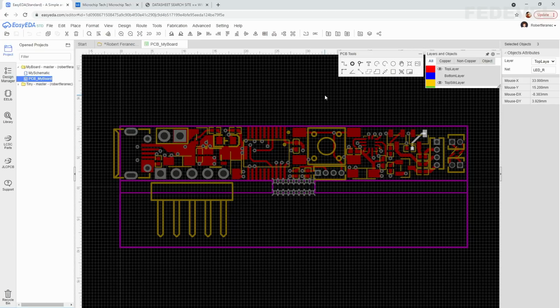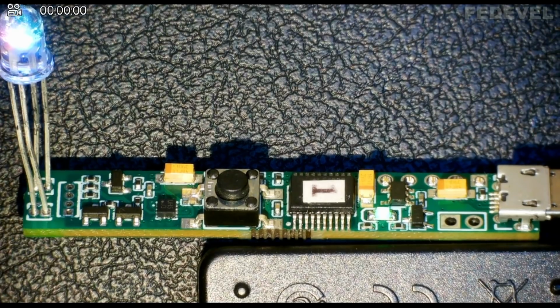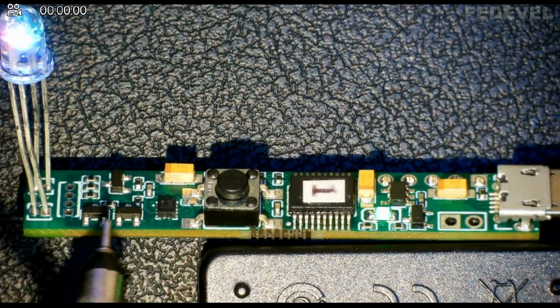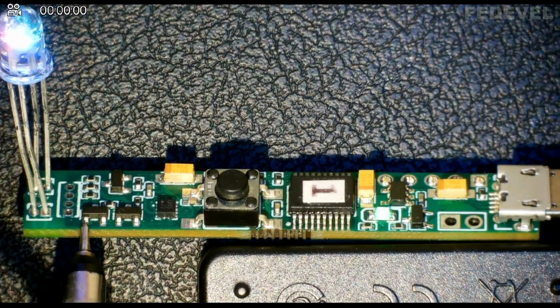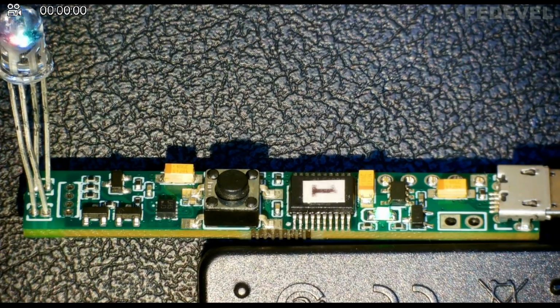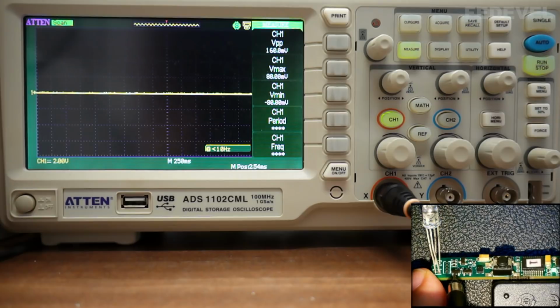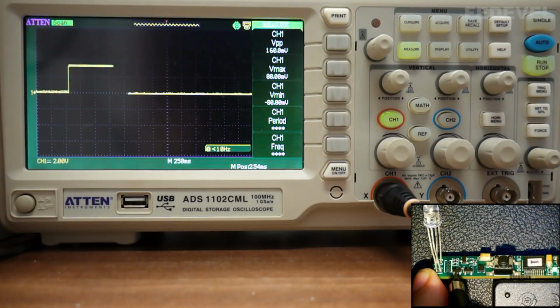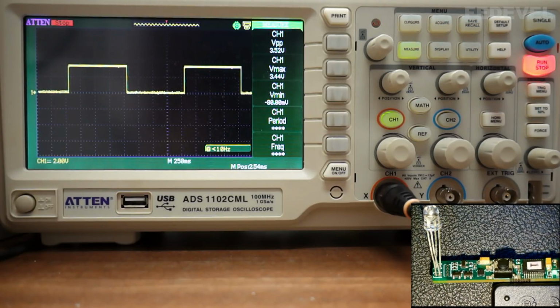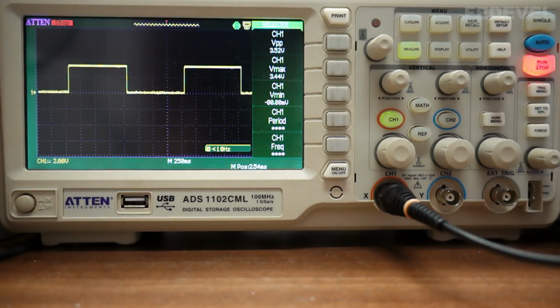When we have a look at our real board, this is the path where we would like to measure this signal. This is my oscilloscope. I'm going to put the probe on the path. Okay, I'm going to stop it, and let's have a closer look at what we have there.